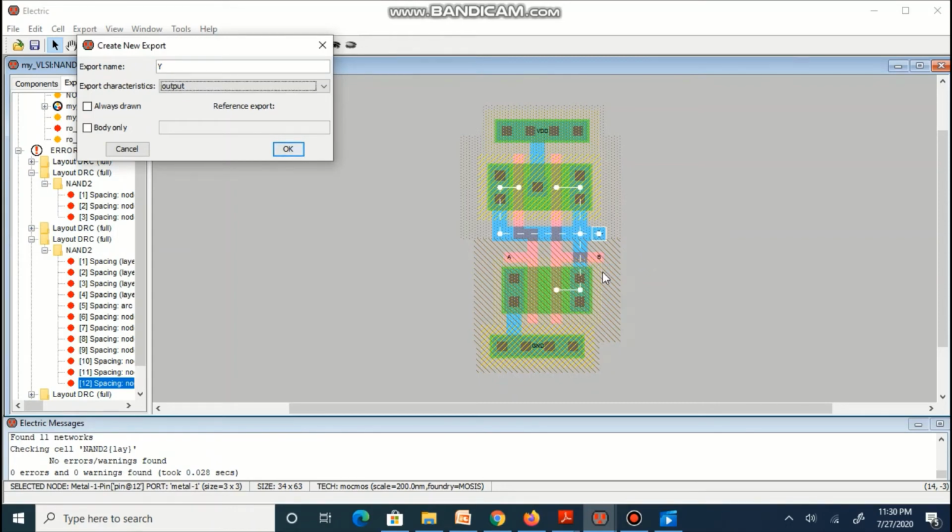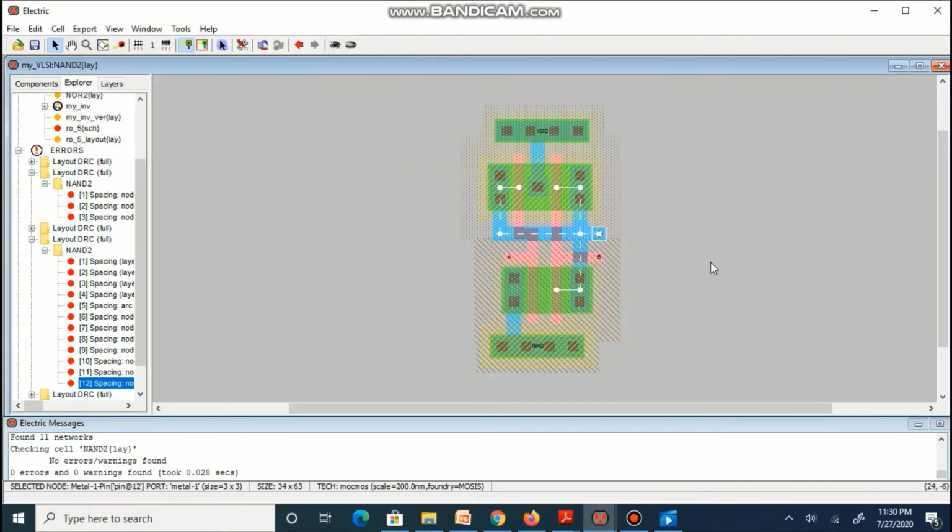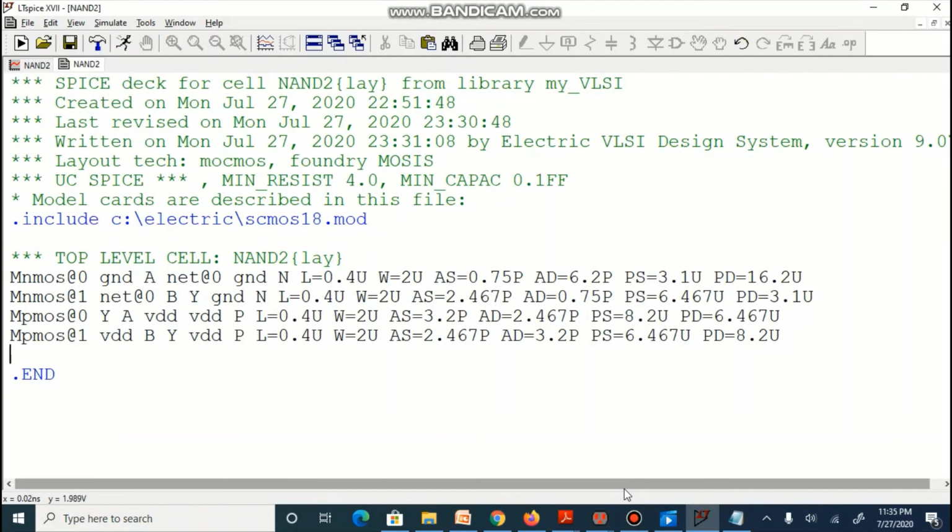VDD and ground are exported and Y is exported as output. So our layout is without any DRC and we are ready to perform SPICE simulation.